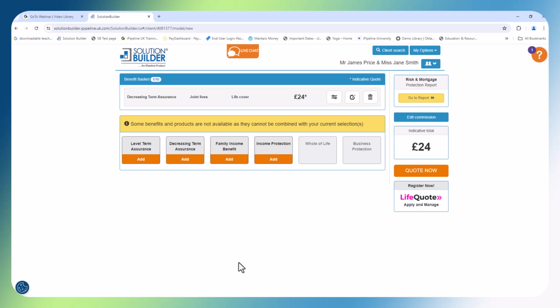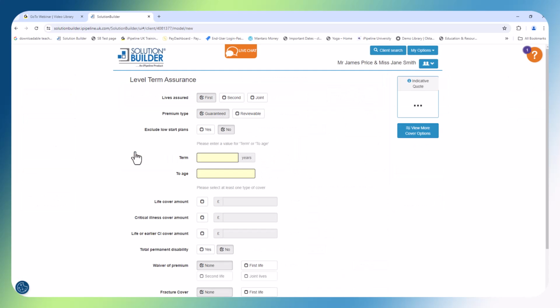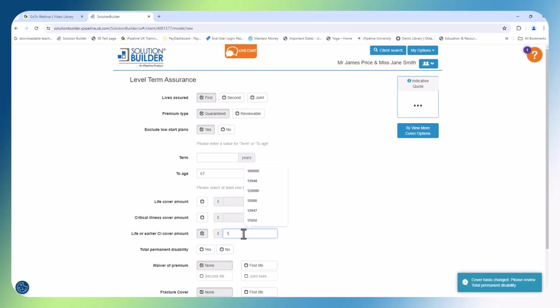Now let's add in a level term policy for James. So I'm going to select the first life, as this is James. We're going for guaranteed premiums, and we're looking to exclude low start products. Because I'm choosing to do a single life policy, I can now select to age as well as term, and